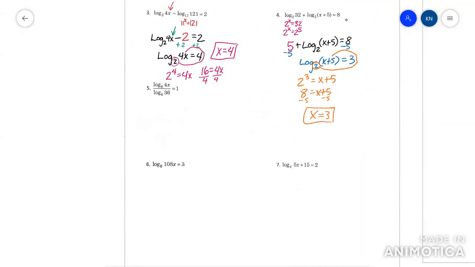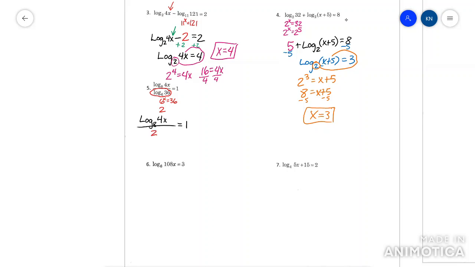All right, this next one, you're going to evaluate the top and bottom separately, but the top has an x in it right here. So I can't do that one. I'll just leave it alone for a second. But this right here, this is like 6 to what power makes 36? Well, that has to be 2. So really what you have is log base 8 of 4x over 2